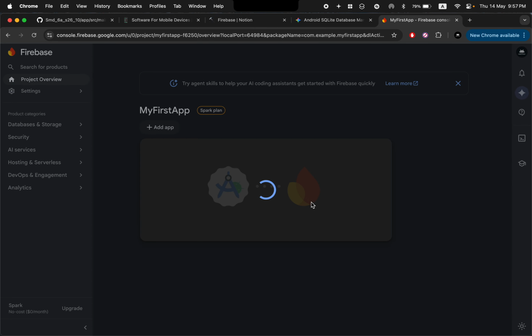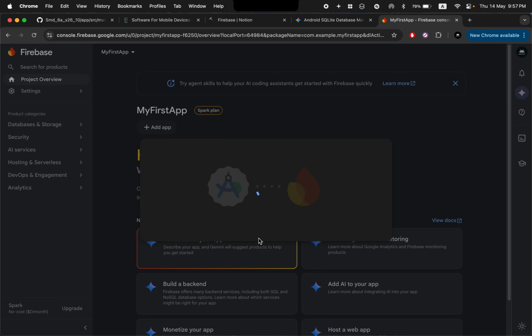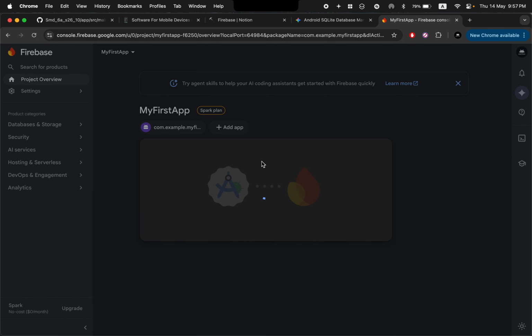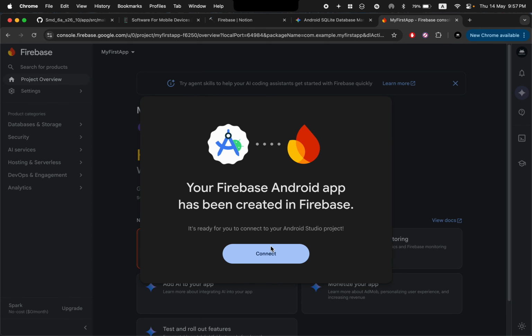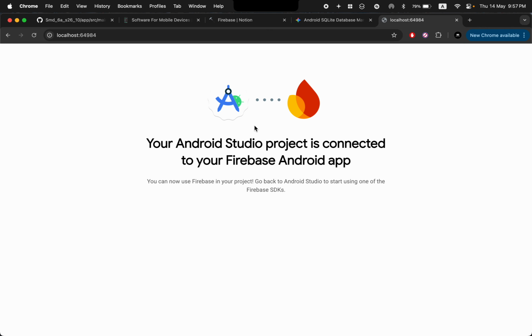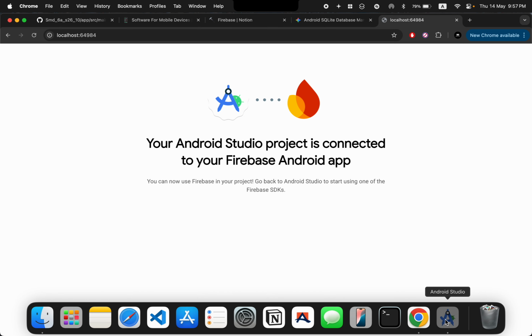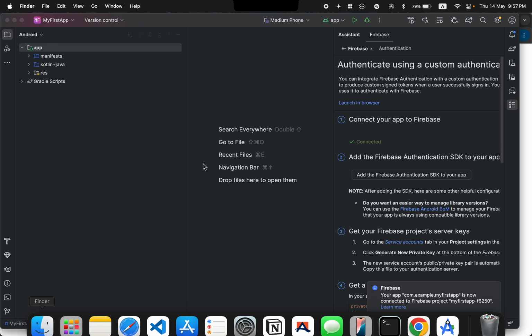This will take us to our project dashboard, and our Firebase project will be automatically connected to our Android Studio app after we click on connect. So now we're done. So if you look at our files,